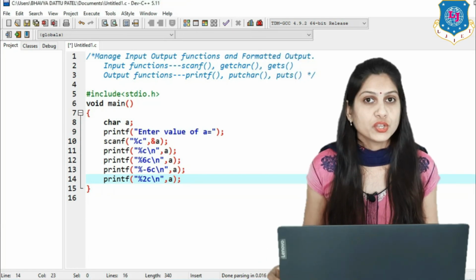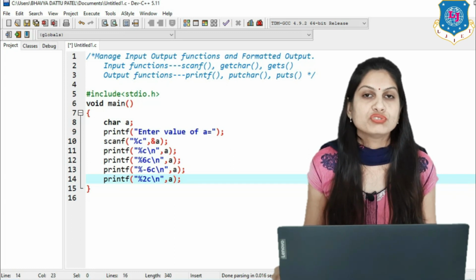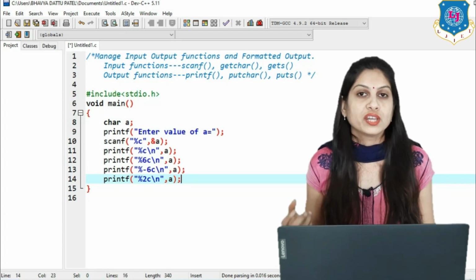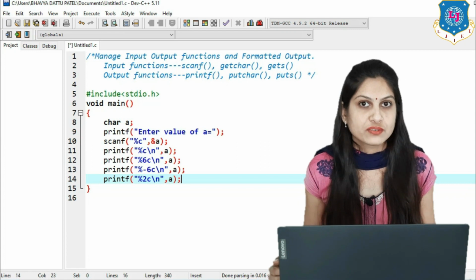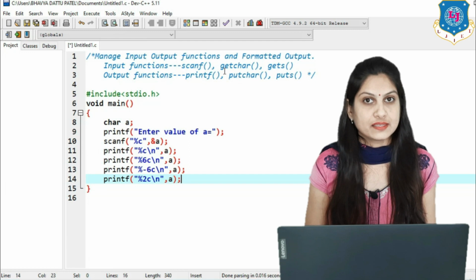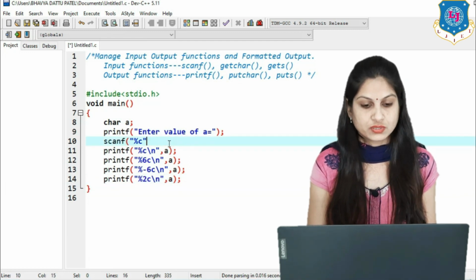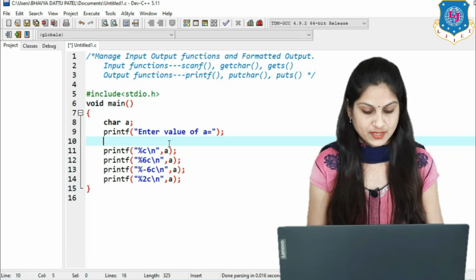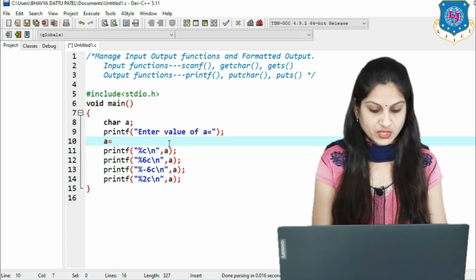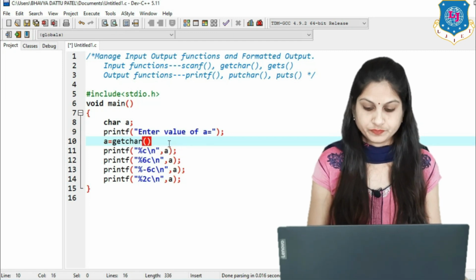Clear? Now here you can see scanf for a character, but if you want another function for reading a single character from the user, then we have a different function, that is getchar. So instead of scanf, now we can use another function, that is getchar, like a equals the function name getchar and then simply the brackets.